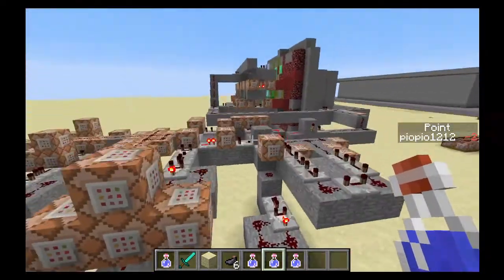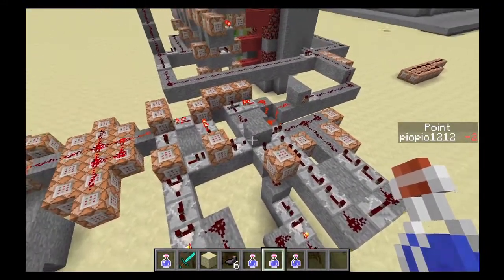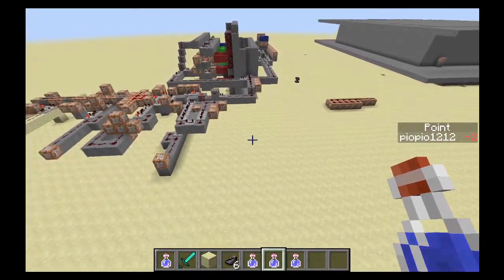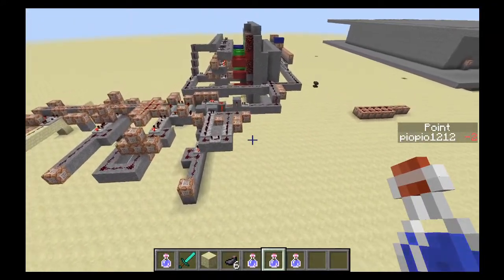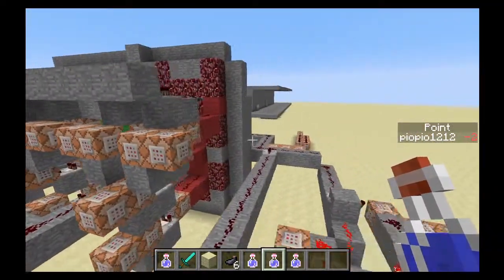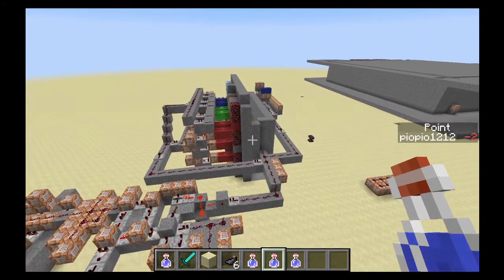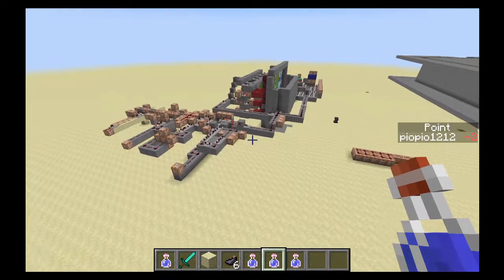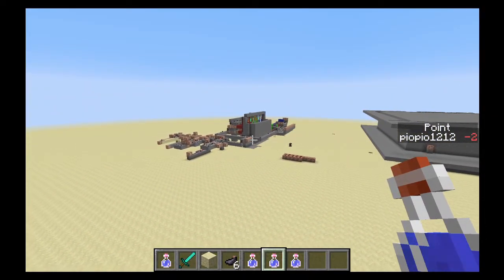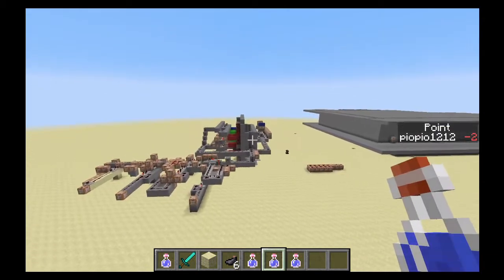What was I talking about? Not to just block the whole mechanism. And for some reason I got -2 points, and that is probably because I was too close to this contraption while using it, and it acts weird, to be honest. So if you want to be safe, you should always remember to use this at least